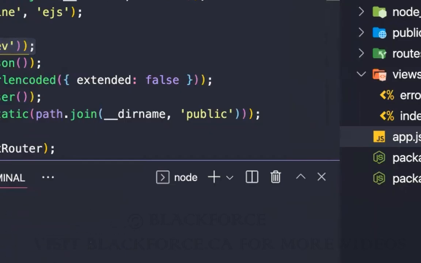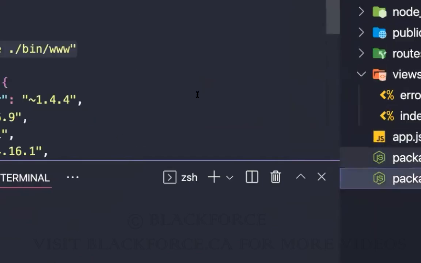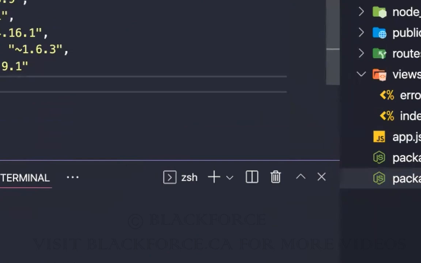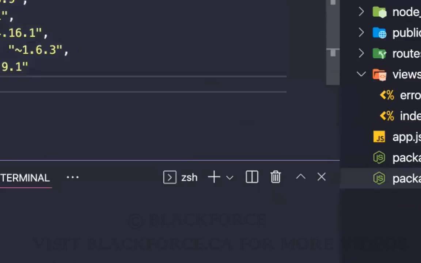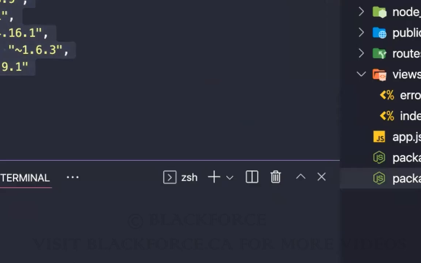So I'm just going to install nodemon. I told you this package.json is like your configuration file. The way we install packages is we use npm install, then the name of the package, right? Maybe later on you're going to learn more packages and their names and how to install them. The name of the package we want to install is nodemon. Okay, sorry. Can you move the terminal up, please? Okay, npm install